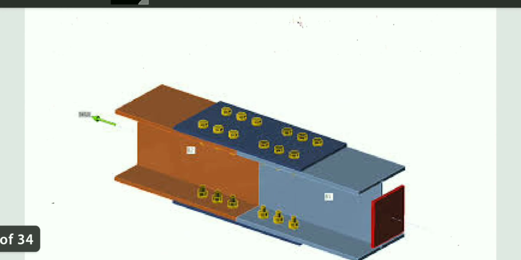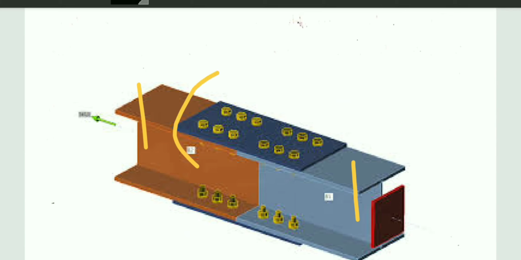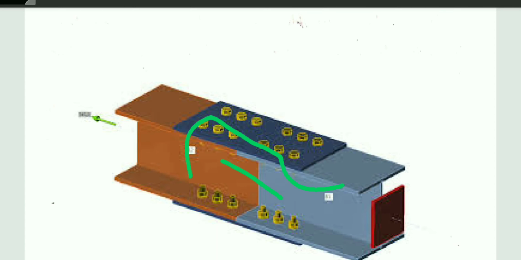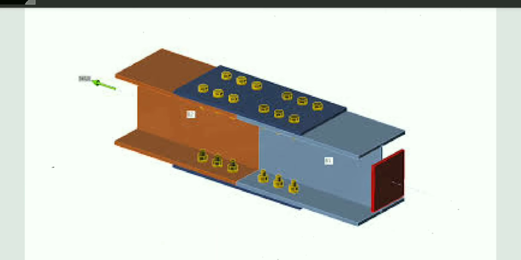You can see here, this is a different member and this is a different member. These two are connected by using a splice or a cover plate. You can call it a splice. Here the splices will be connected for this member. Just assume that the load will be transferred here. Load will not directly transfer from here to here. It will first transfer to the splice, and it will go here and transfer to this member. Okay, this is a splice, figure of a.